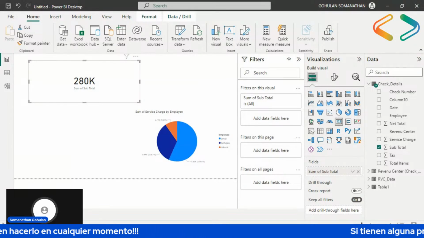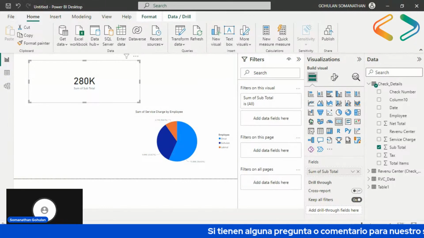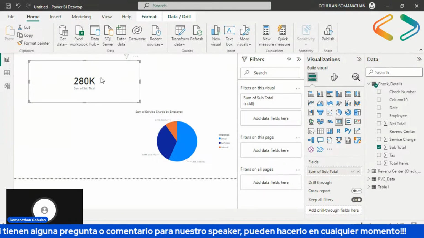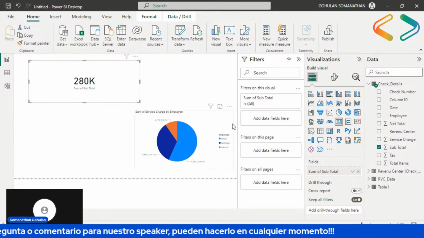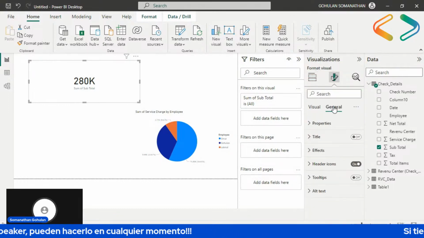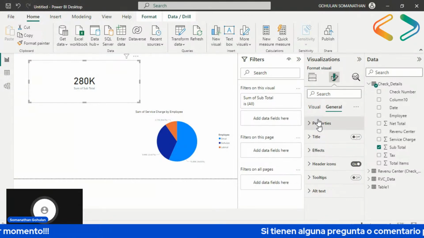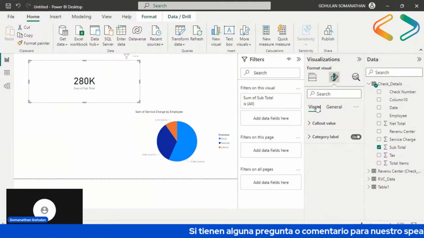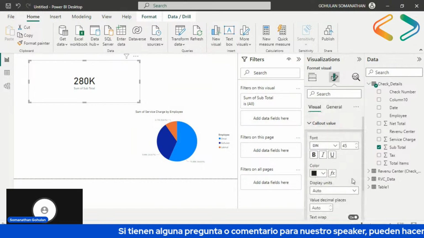One second. If you want to show that, select this card and go to Format your visual, and in the visual you can see display units.